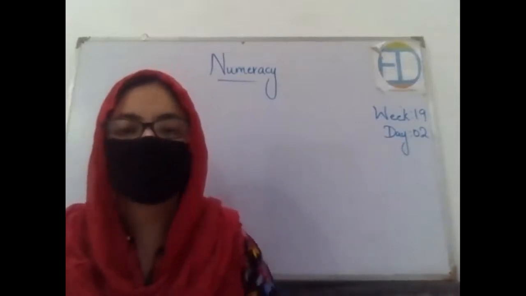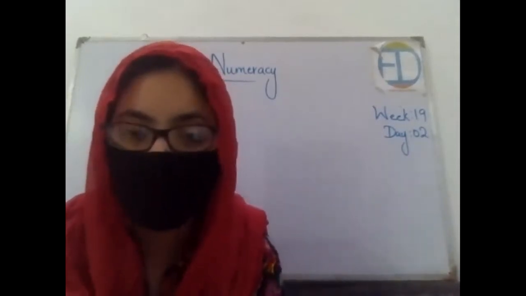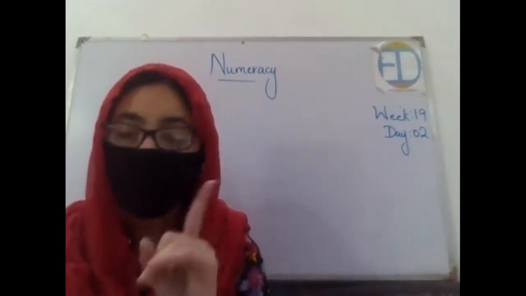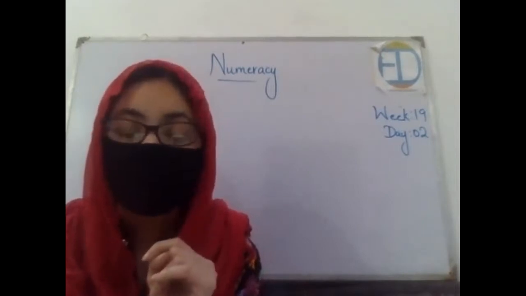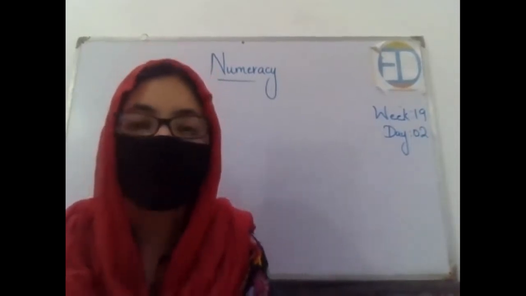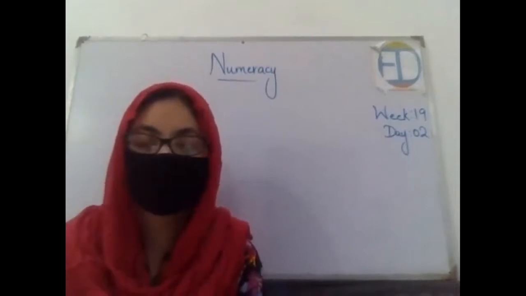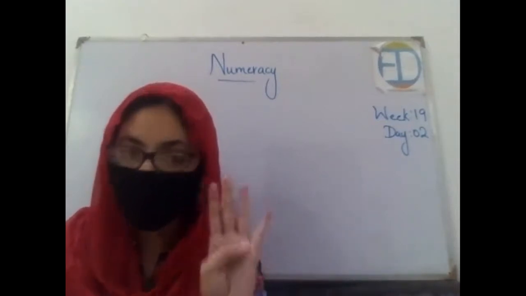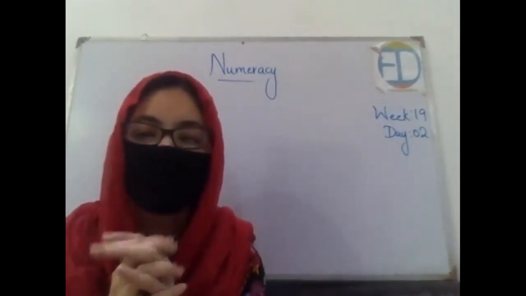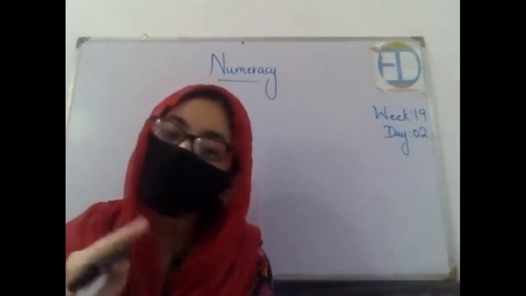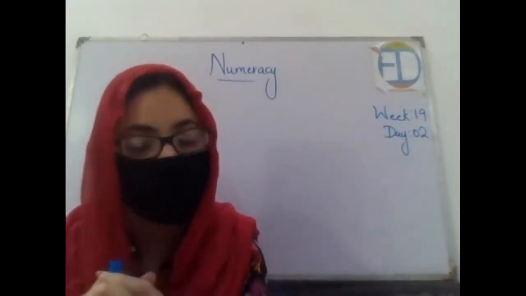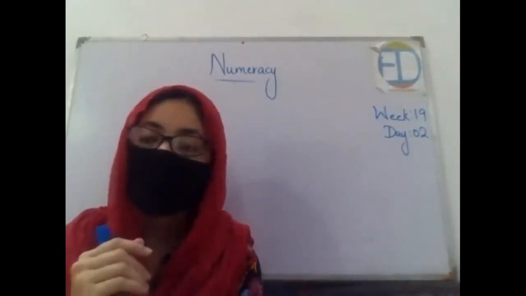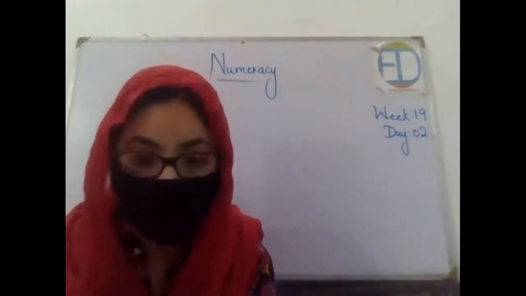So, in today's class, we will be continuing with the shapes that we started in yesterday's class. In yesterday's class, we discussed the first shape, the square, right? Who is going to tell me the characteristics of a square? How many sides do we have in a square? Four sides. What is common in all those sides? They are all equal in length, right? Then how many corners do we have? Again four. Four sides and four corners, right?